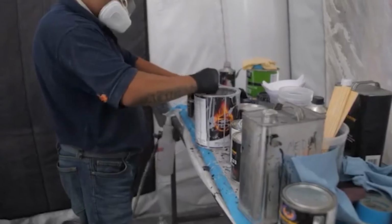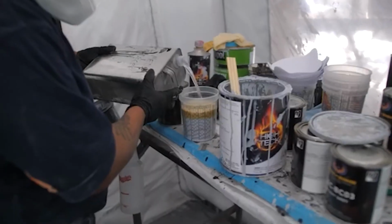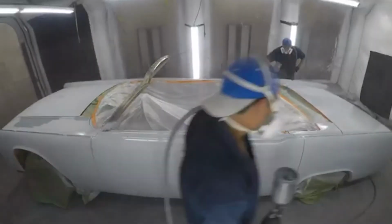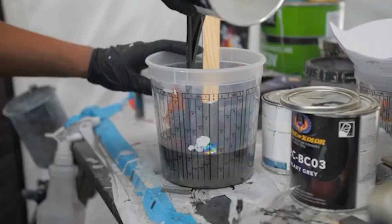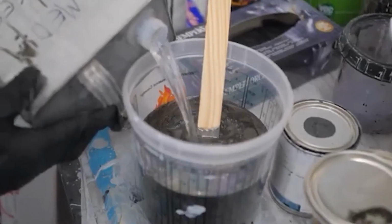So the different stages of painting that we do is we strip it down, we do the body work, and as you see right now, he's laying the sealer down. What the sealer does is actually seal up any primer or Bondo or anything like that, so it keeps anything from coming through into the paint. Once he's done sealing it, we'll let it sit and air out, what we call gas out, and then we will start